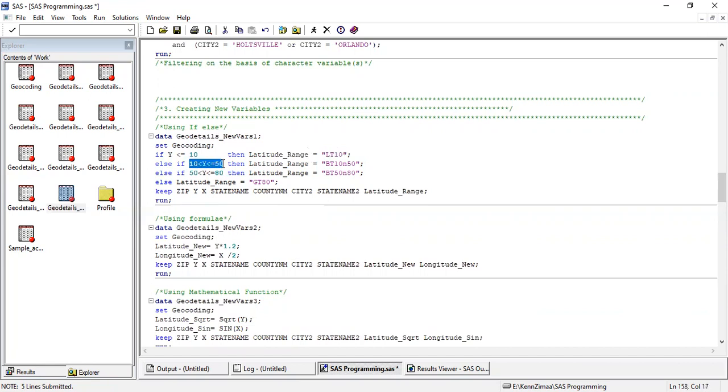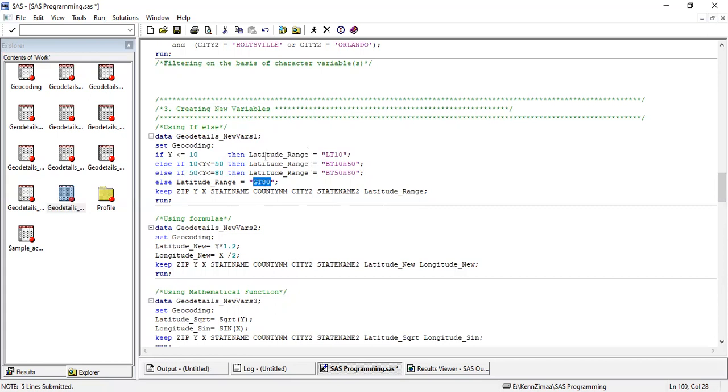When y is greater than 10 and less than or equal to 50, I will write BT10 and 50, between 10 and 50. Or maybe we can write category A, category B, category C, depending on our requirement. When it is greater than 50 and less than or equal to 80, I'm marking it in this category. And for the remaining ones, above everything, I'm marking category 4, which is GT80.